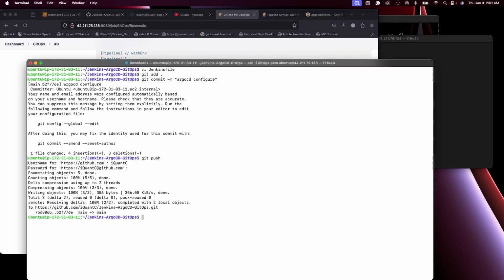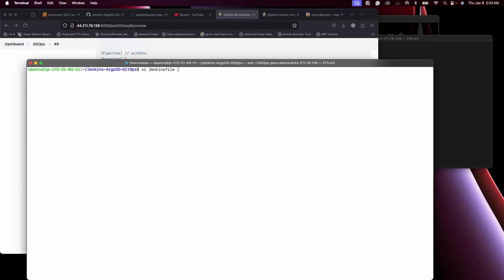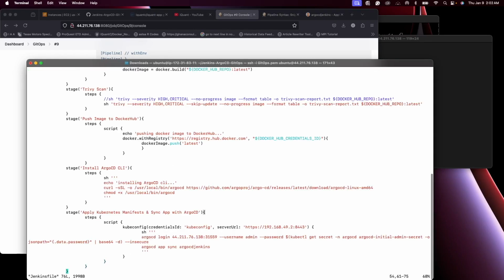Let's go to the pipeline script again, vi Jenkinsfile. I'm just going to add it to this block, or if you like, you can also log into the Jenkins container manually and install it from there. So over here, I will install. Now the reason why I need to install kubectl as well is because I need kubectl to get the password. Now, in the whole of this container installation, there's nothing like kubectl. So the kubectl I installed earlier is on this Ubuntu server itself. It's not on the container. So install kubectl